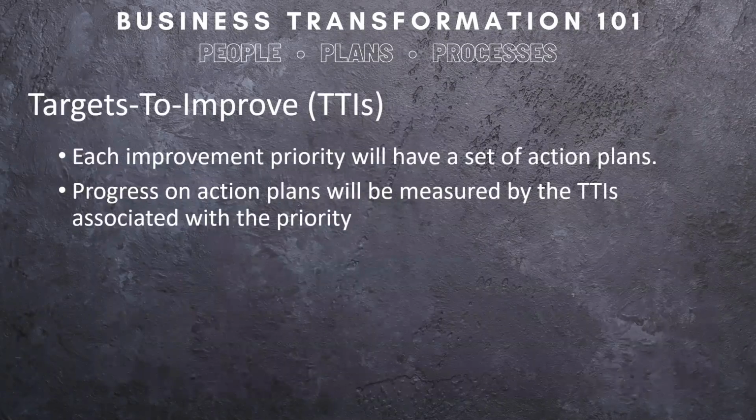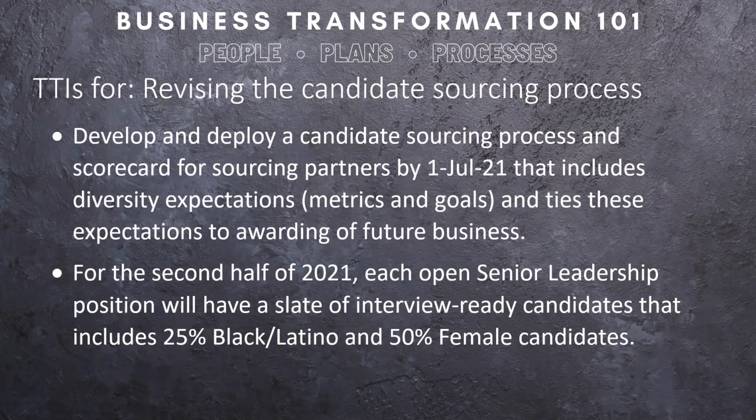Each improvement priority will have a set of action plans. The progress on these action plans will be measured by the TTIs, or targets to improve, associated with the priority. There are 2 TTIs associated with the first improvement priority of revising the candidate sourcing process. First, the team is to develop and deploy a candidate sourcing process and scorecard for sourcing partners by the 1st of July, 2021, that includes diversity expectations, including metrics and goals, and ties these expectations to awarding a future business